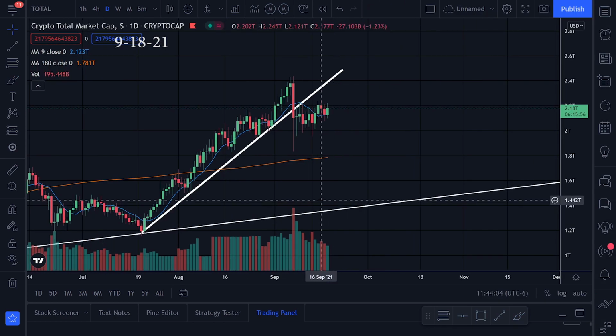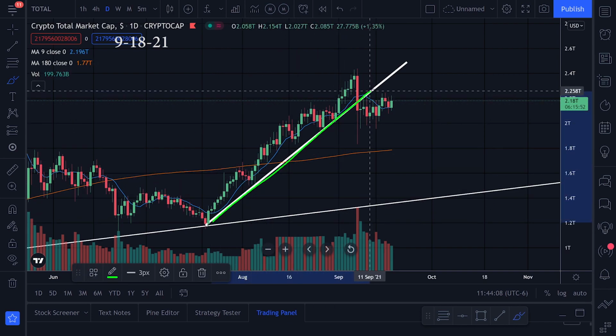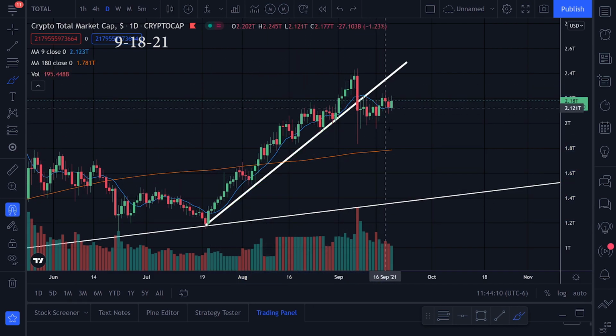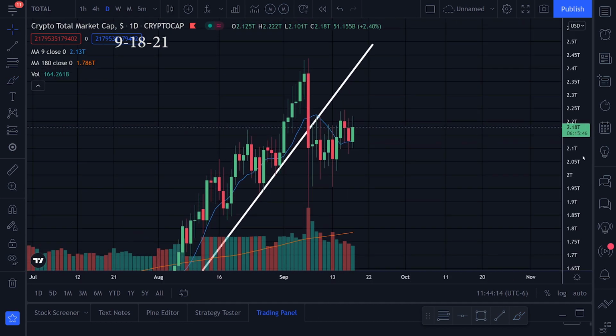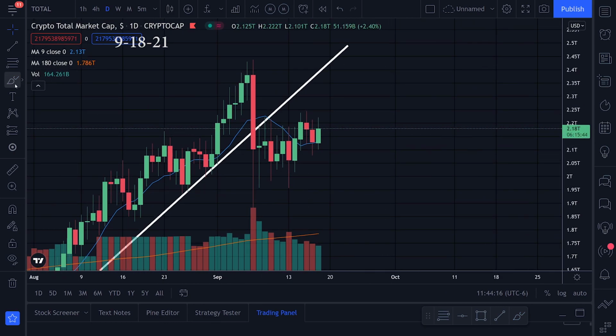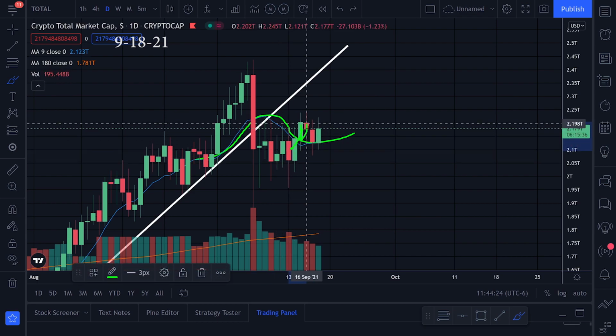All right, so we're looking at the total crypto market cap right now, and we had this big uptrend right there. We broke that uptrend going to the downside right there, and ever since then I've been kind of skeptical. But the main thing that I've been watching lately is this 9 moving average right here. We broke below it right here. We were getting resistance on it, and then we broke above it, and now it looks like we're getting support